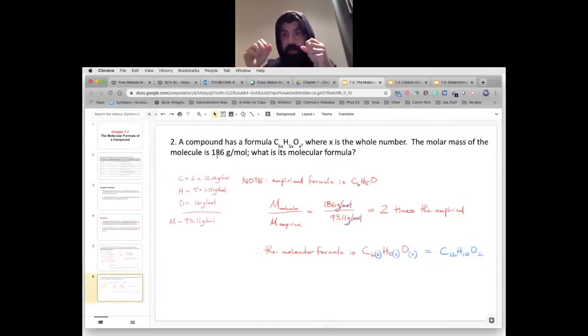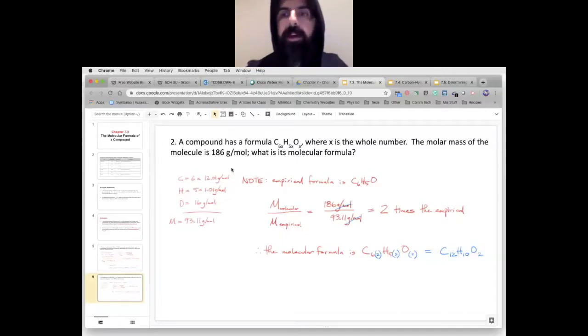Be aware that you're trying to find an actual whole number. They're always going to round to the exact whole number, all of these questions. If they don't, you did something wrong along the way. You probably calculated the molar mass incorrectly. But anyhow, we take the 186 that is given. That's the molar mass that typically should be given to you. You'd be using a mass spectrometer to find that. You're not going to be able to calculate that any other way other than calculating our empirical as we did